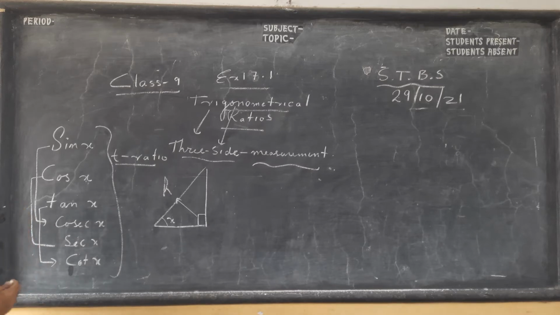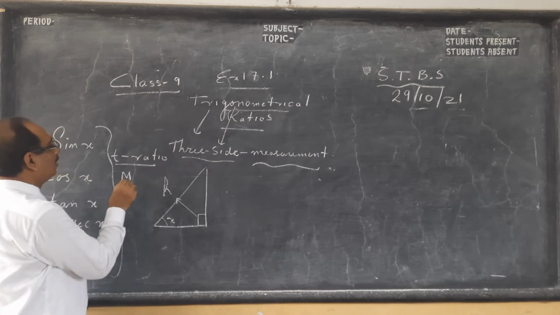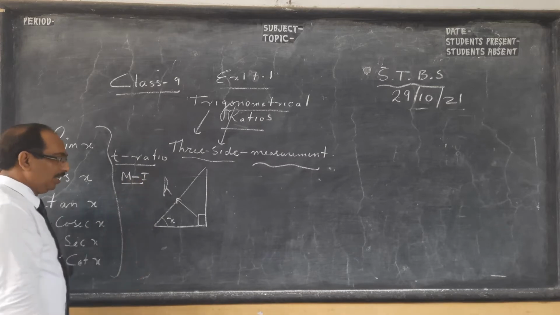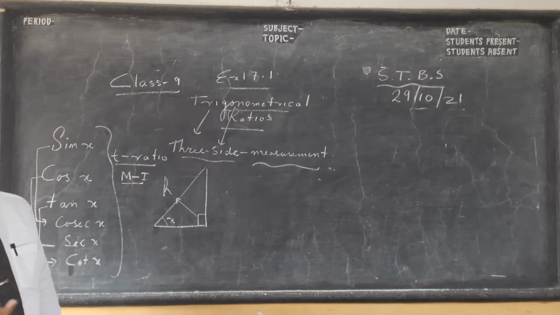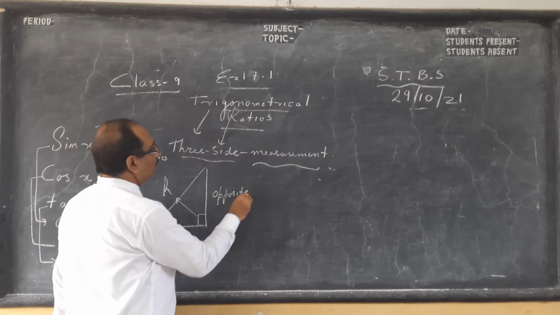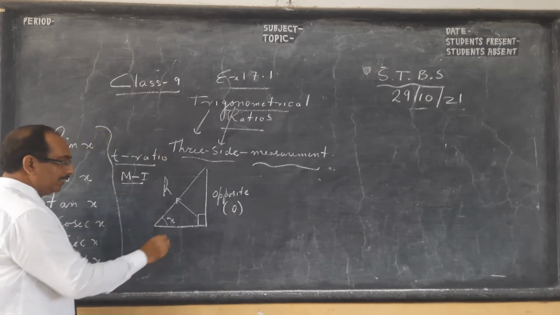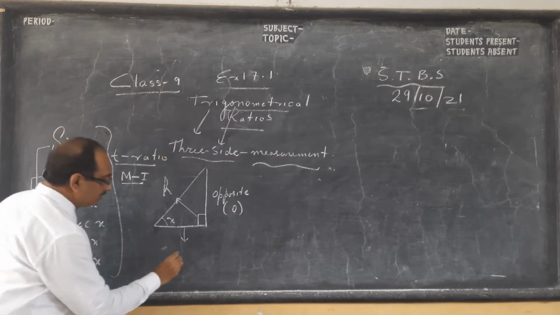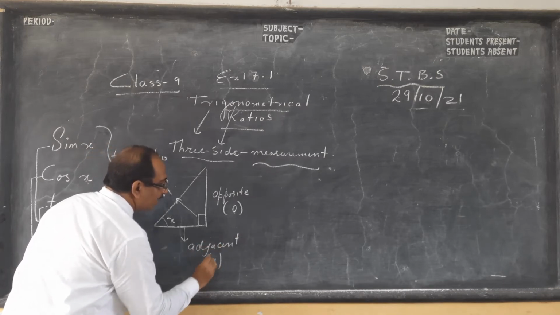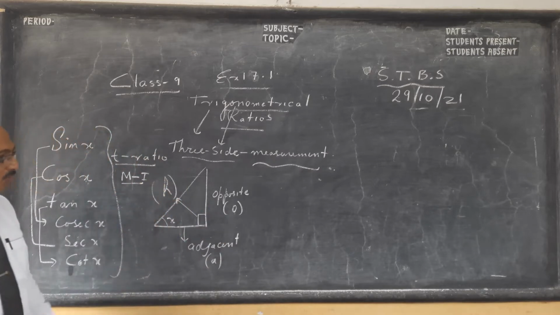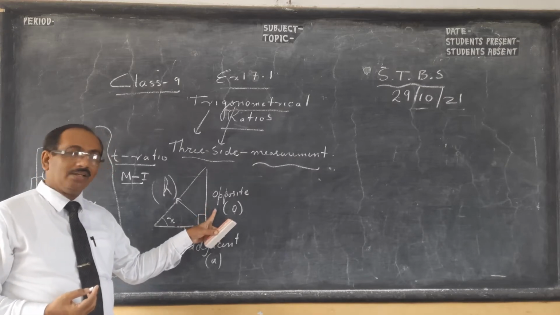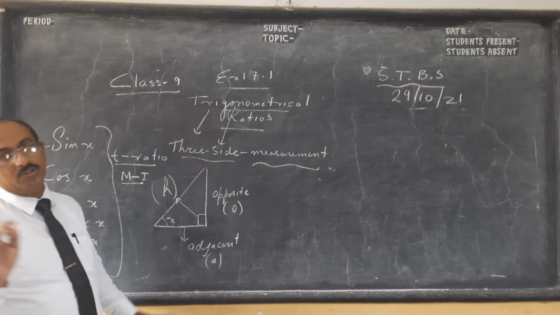So I'll teach you the first method over here, how we remember these 6 T ratios. So method 1: here if this angle is x, in this method, this is opposite to x, this is called opposite, or O. This is by the side, in English what is called adjacent. Adjacent means it is A. And hypotenuse is H. So we have a triangle. This is actually called base in another system. This is called perpendicular. Opposite is called perpendicular, and hypotenuse remains hypotenuse, children.